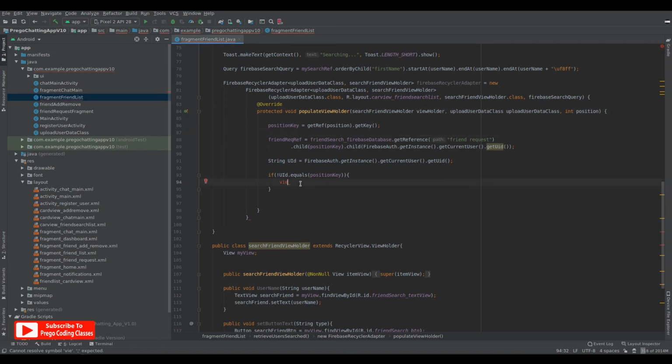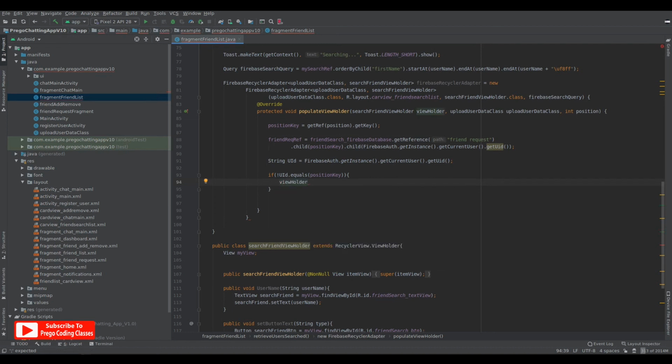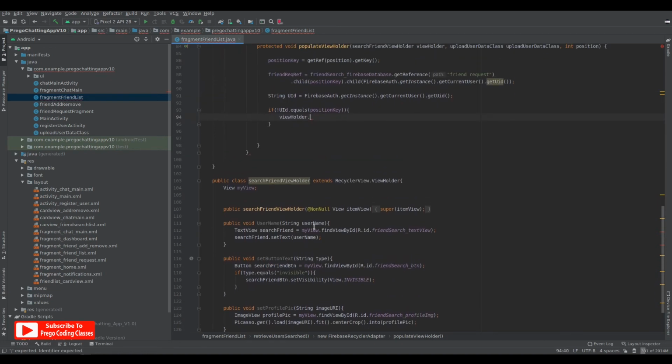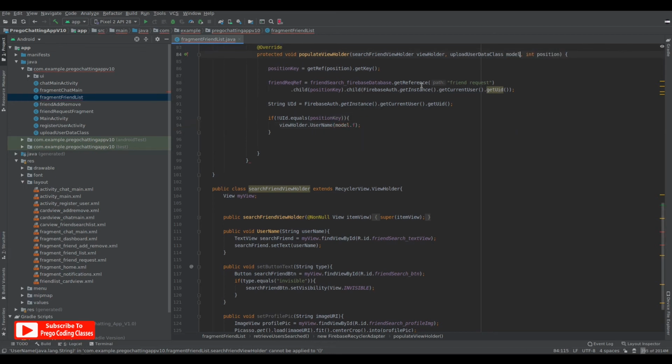I'm changing the variable, that's it. You can use it as it is also, so I'm making it short. viewHolder.username would be equal to model dot... okay, let's change this one also, let's name it model.firstName, and let's give it model.getFirstName. We are getting it, and